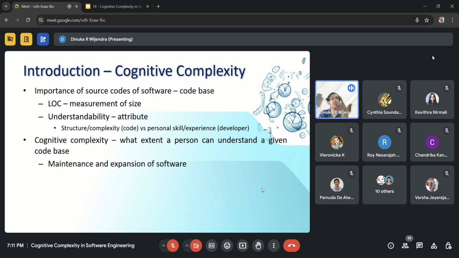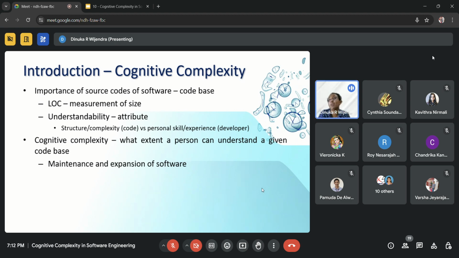I mean, not the source code itself, but actually the logic behind it. The source code has a logic. By converting that logic into a programming language and executing it, we produce the output. Why do we want to understand this? Someone might think, I'm developing the source code as a software developer, so if it is producing the output, why would someone need to understand it? Because time to time the software is changing, or the customer requirements can change. So accordingly, we have to modify the source code.